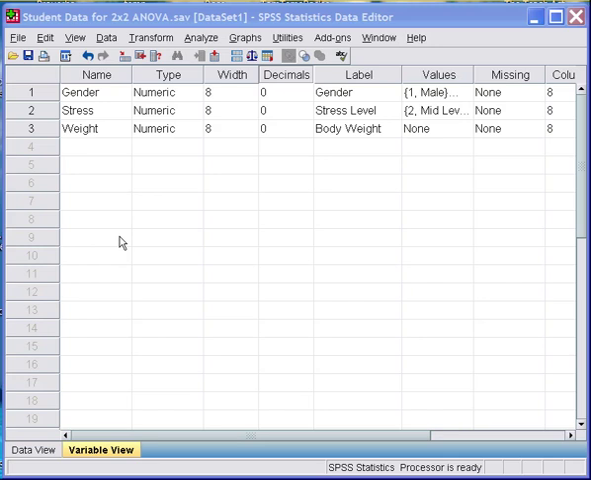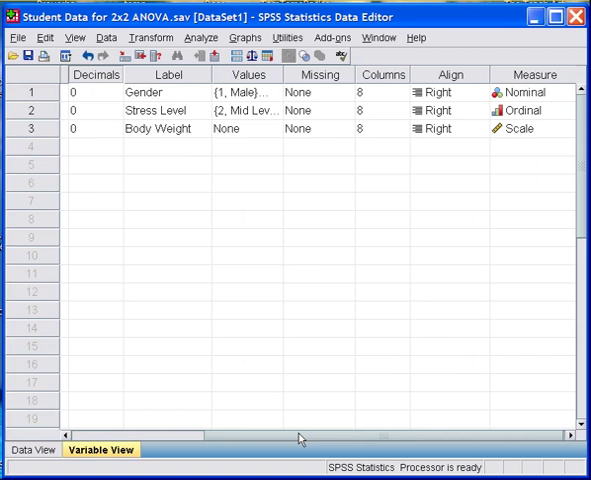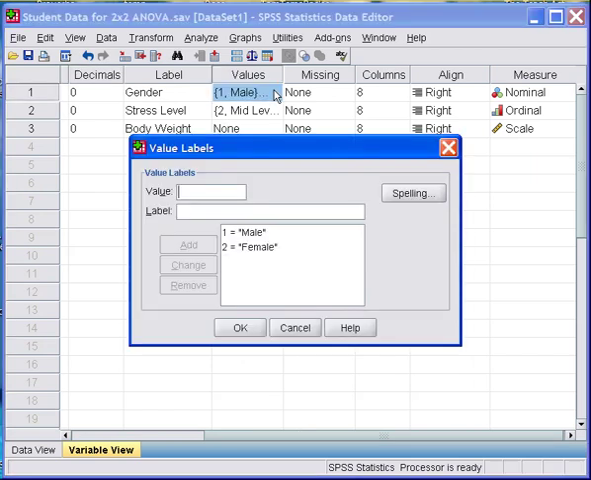We're going to be doing a factorial data analysis. Our factors are gender and stress, and our dependent variable is weight. Gender is a nominal variable. We have two categories. Our categories are male and female, with a value of 1 indicating male, a value of